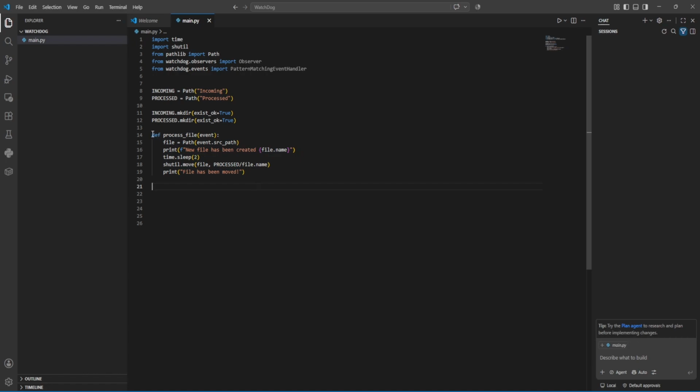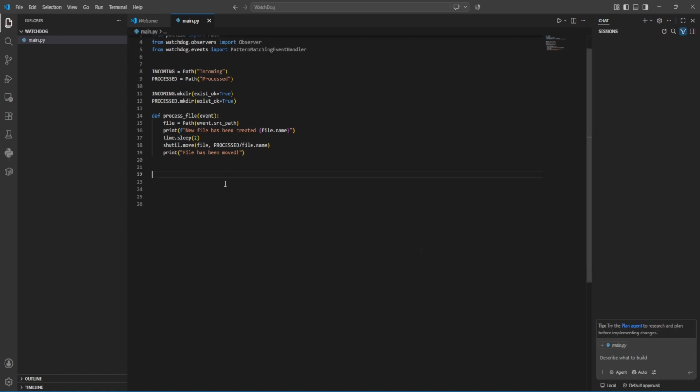What we need to do, if the file is created, we have defined our incoming and output processed folder. So now we just need to add a watcher here, which will observe whether a new file has been created. So now we need to tell Watchdog what kind of files we are interested in. We just need to process XLSX files. So we'll create a pattern matching event handler and use *.xlsx, which means we are only watching the XLSX